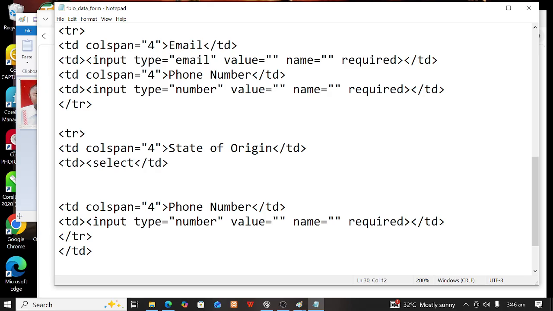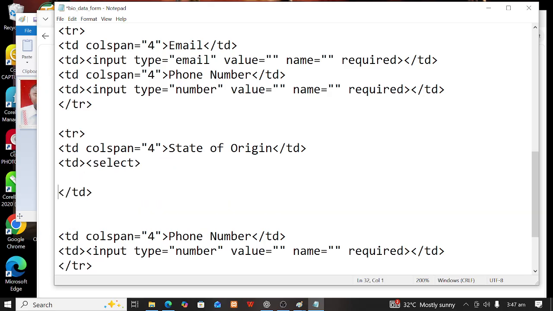Select. Indicate select. After indicate select, then I'm going to have like option, then I'll have value inside. Then I'll state the value to be what? Select. Or you can use choose. Then you can put select here, and then